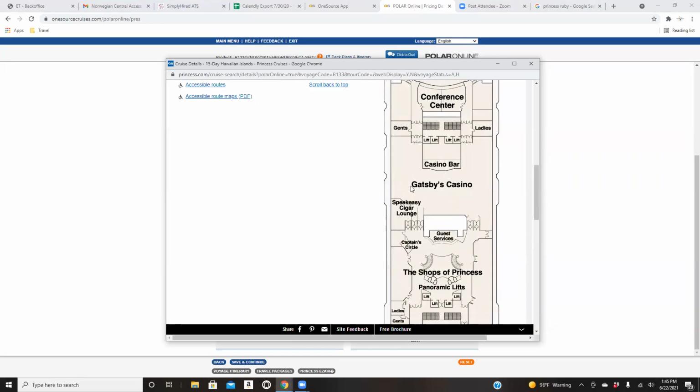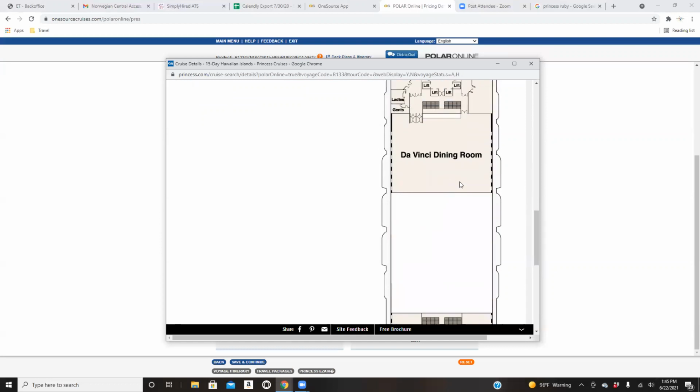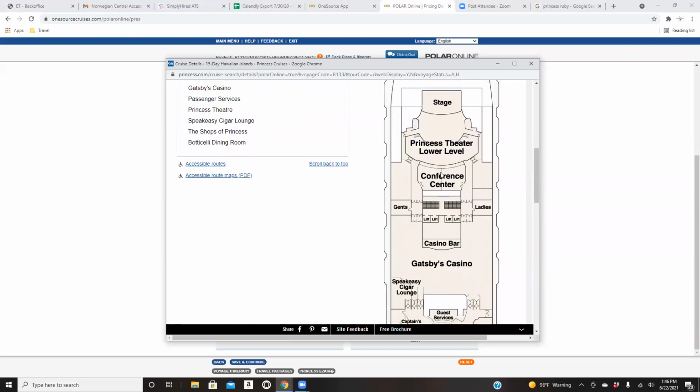Okay, so this was the area, I believe it was right here. Say they are late risers, they don't get up until noon. They have a dining room above them. Now, they try to soundproof things, but you're going to get some noise. Maybe they go to bed early, so you don't want to put them